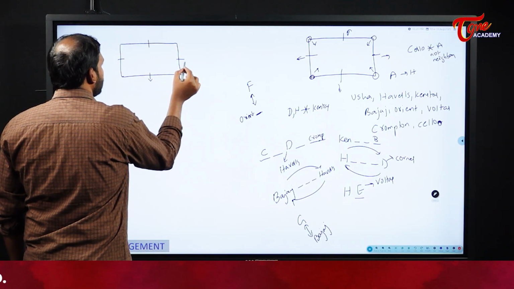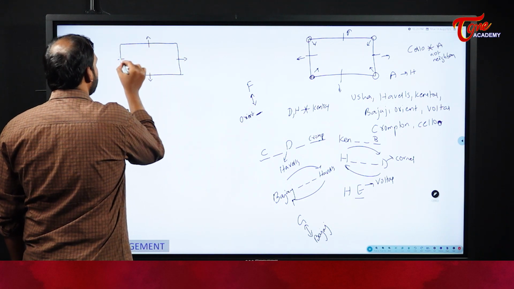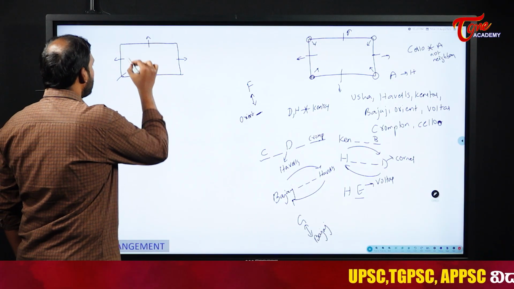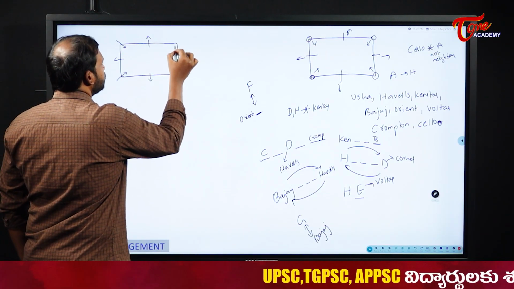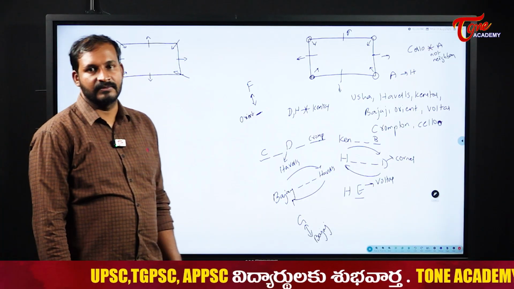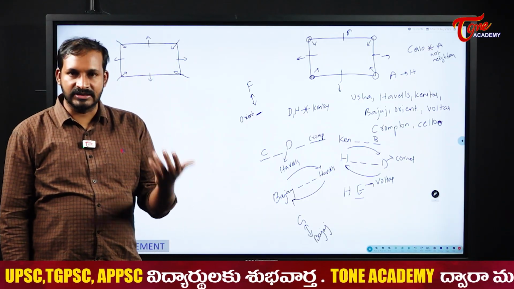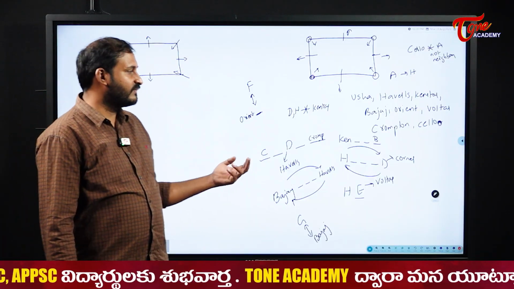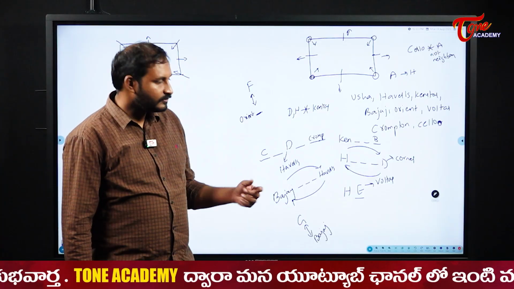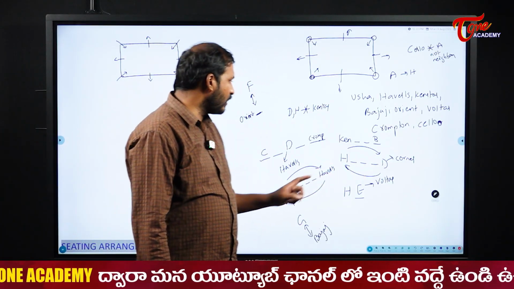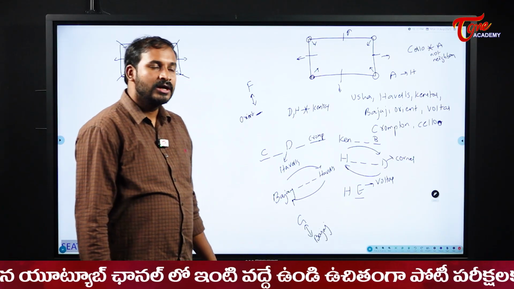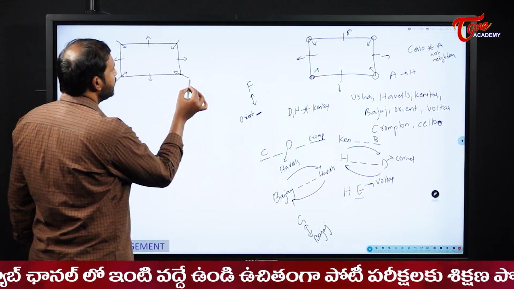The persons who are sitting in the middle will face outward. The persons who are sitting at the corners will face inward. In our circular arrangement, as I already told you, we can start arranging from any person. Now, see here, D is at one of the corners, right? If I put D here,